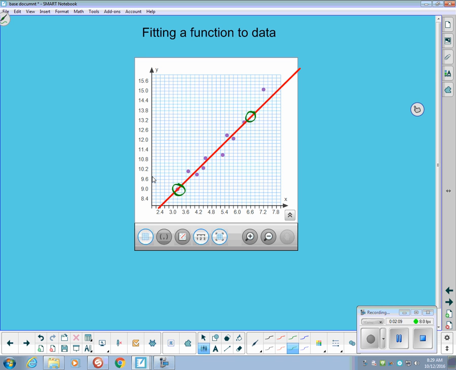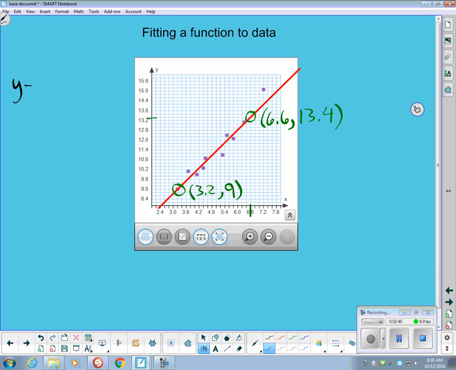This looks like the point 3.2, 9. And this one looks like the point over here at 6.6, 13.4. So I'm going to use those as my two points,